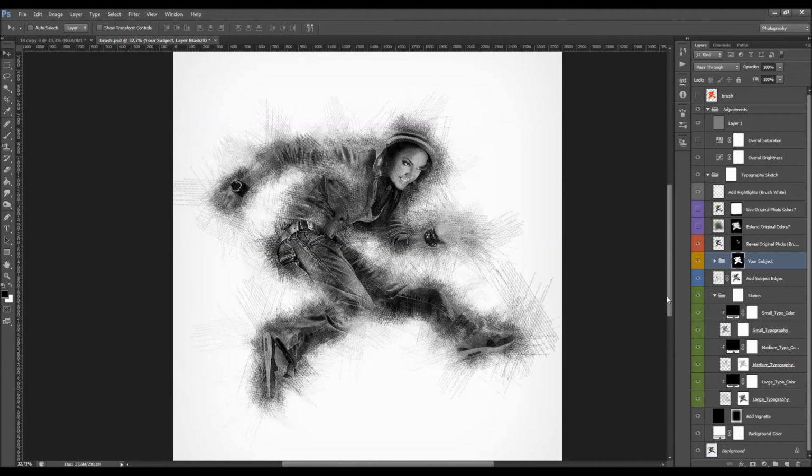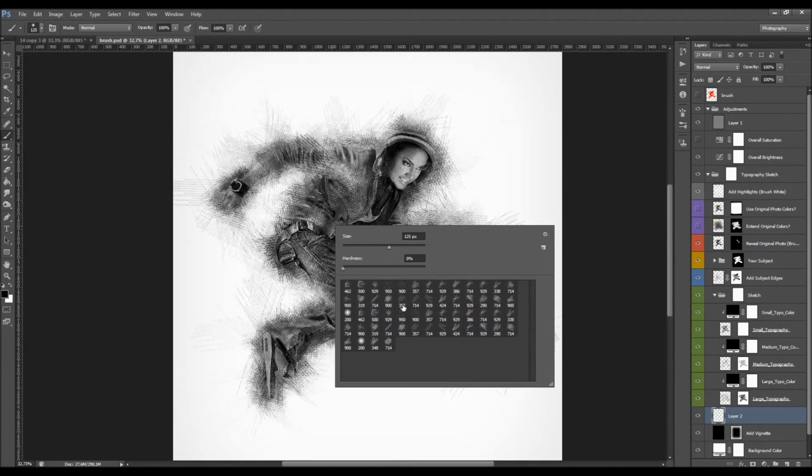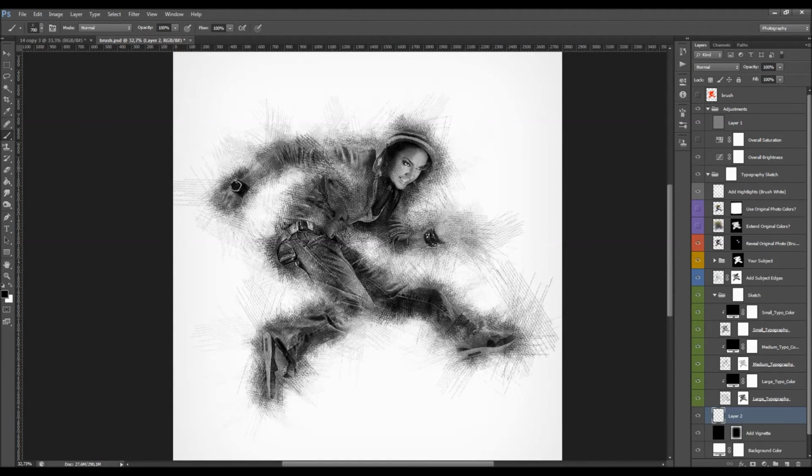Also, what you can do is select this vignette layer, make a new layer above that, pick a brush tool, pick the foreground color, and now you can choose any of these brushes that you got to make some additional lines. It depends on the look of your photo. It can happen that some areas are not filled, because on your photo that area is, for example, one flat color. So you can just pick some brush and fill those areas just like this. You can just draw with your brush,